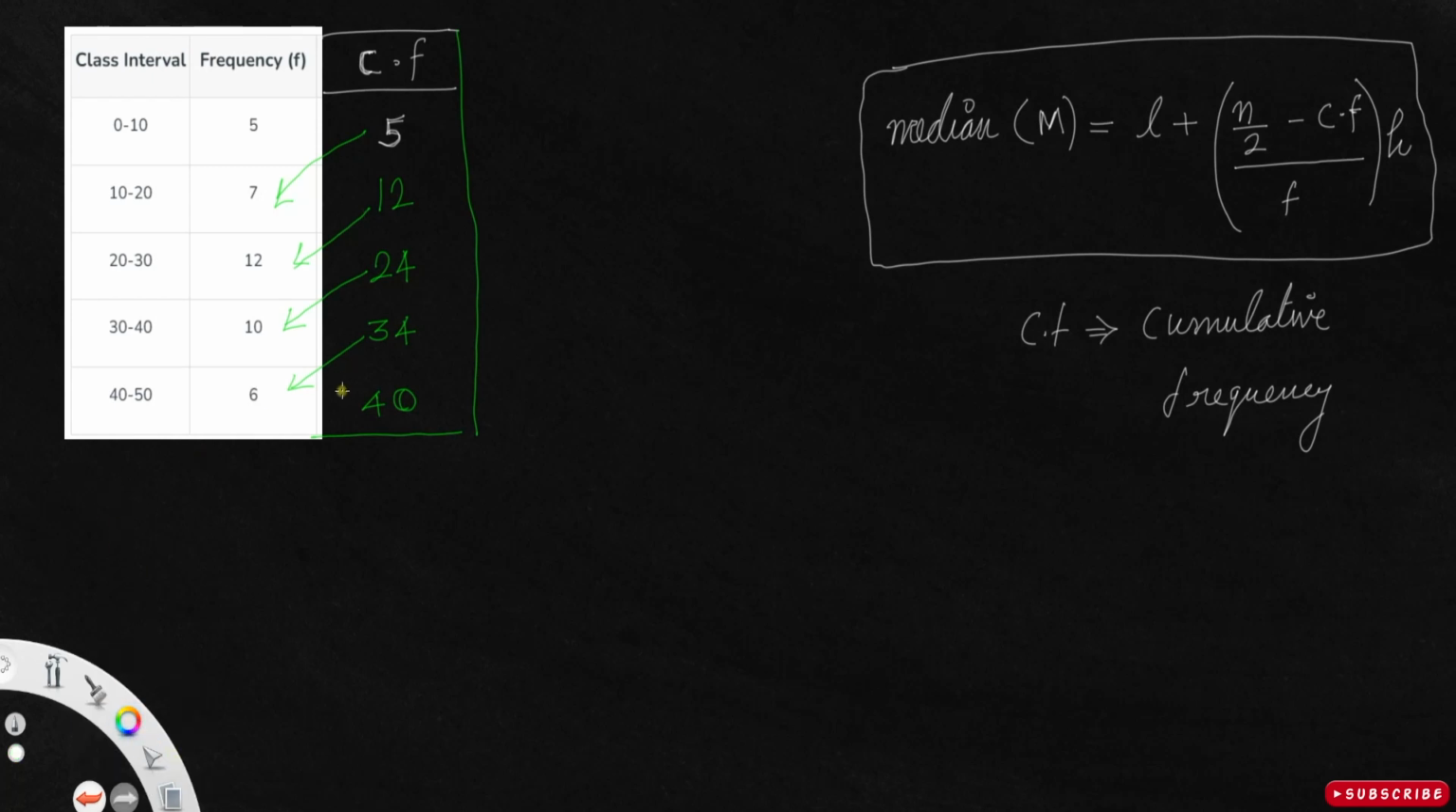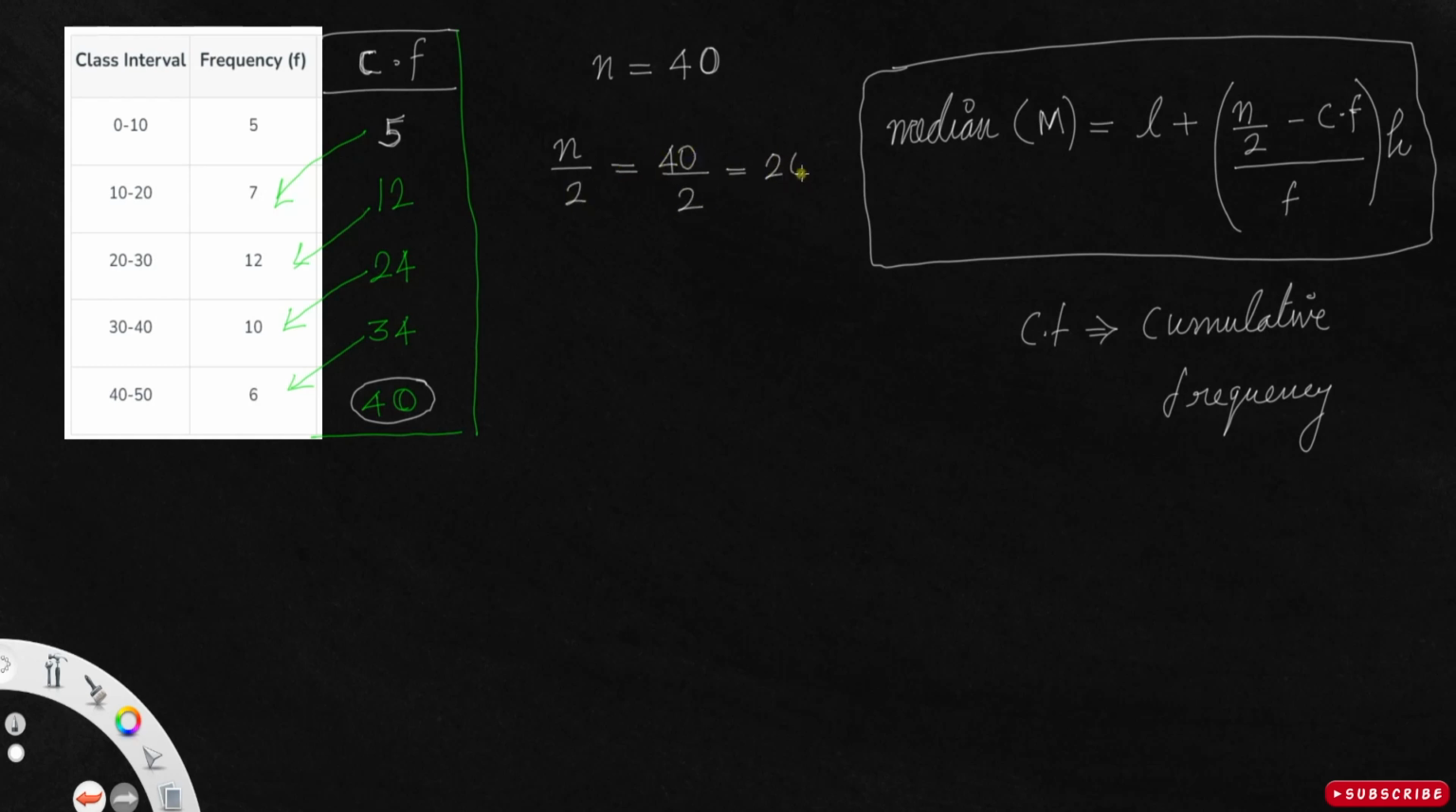Now, the number below the cumulative frequency, we have that as n. So here n is equal to 40. Listen to this part carefully. We need to find the median class first. So I have to take n by 2, which is equal to 40 by 2, and its value is,